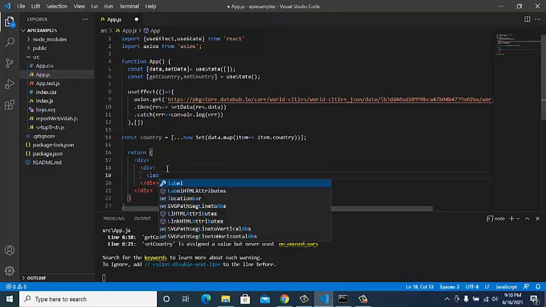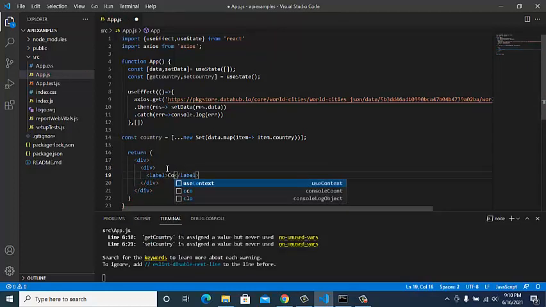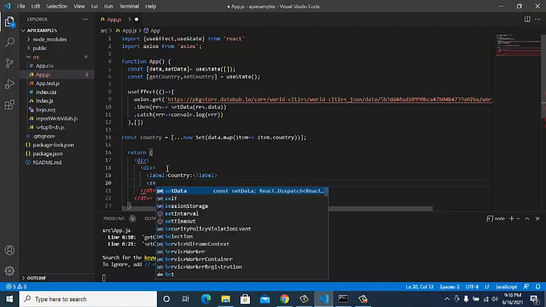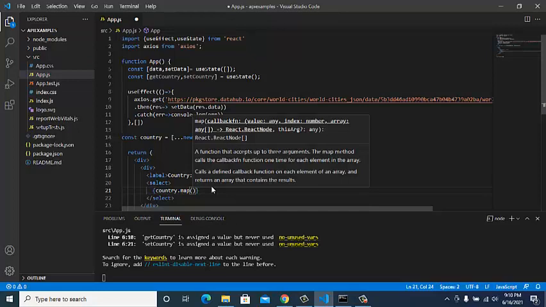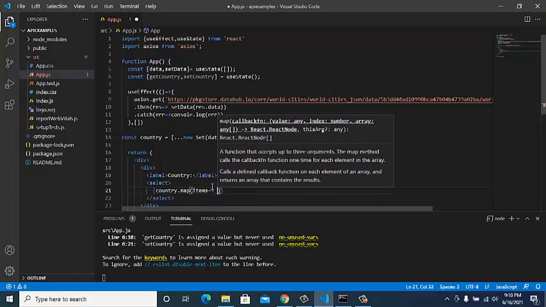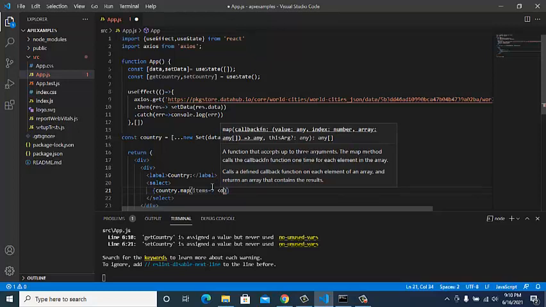Inside this, I'll create a label and write country, and then I'll add a select. Inside the select box I'll use the country array that is over here, dot map, and I'll map the options. To map the options, I'll write items, and since I have all the countries, I'll give an option.